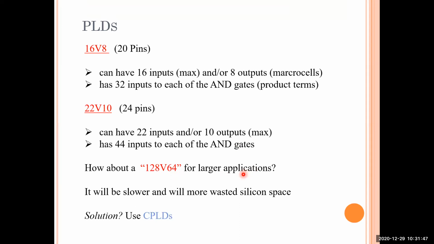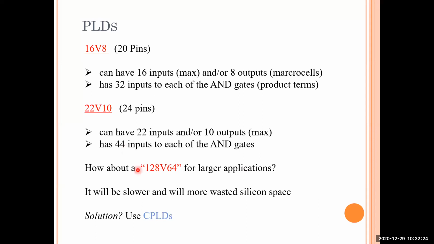But when it comes to larger applications, definitely we are using a large number of pins. See, for this one we are using nearly 32 inputs. For this one, we are using 44 inputs. But when it comes to this one, it goes to more than this number. Whenever the number of rails of these interconnections is increased, definitely a large amount of silicon chip area has to be used. And if more interconnection lines are there, then definitely it takes a longer amount of time for a signal to move from one point to another point.